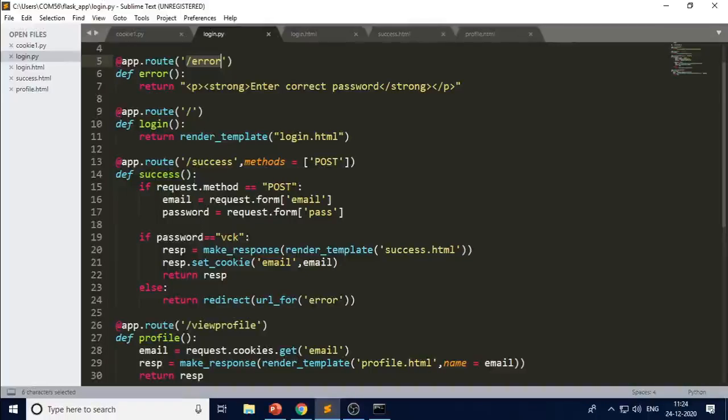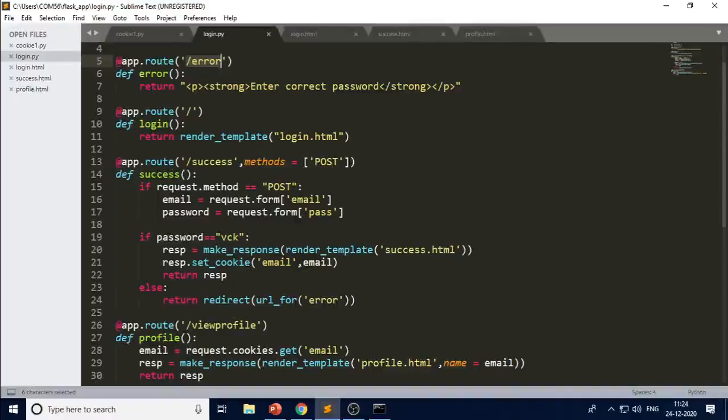And you know that it will create a dictionary object with title and content. Make response render template success.html. So what response do we want when we set the cookie here? RESP will render the success.html script.